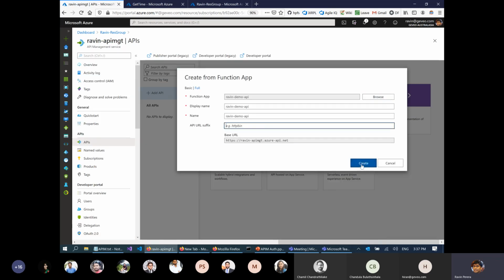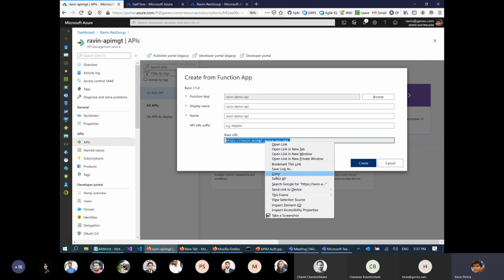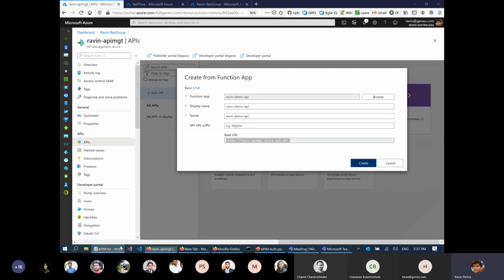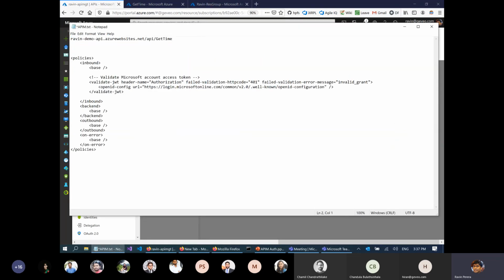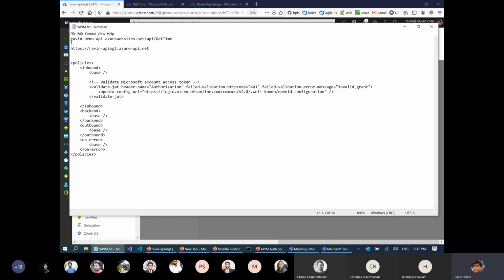So this is the new URL my Azure function API is going to get. I'll copy this one as well. This was the original URL, and this is the URL I'm going to get via Azure API management.